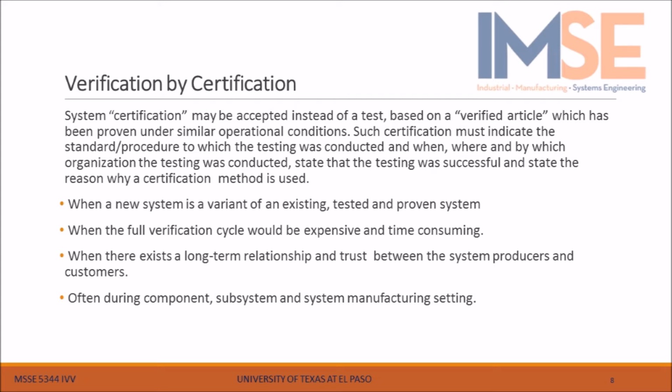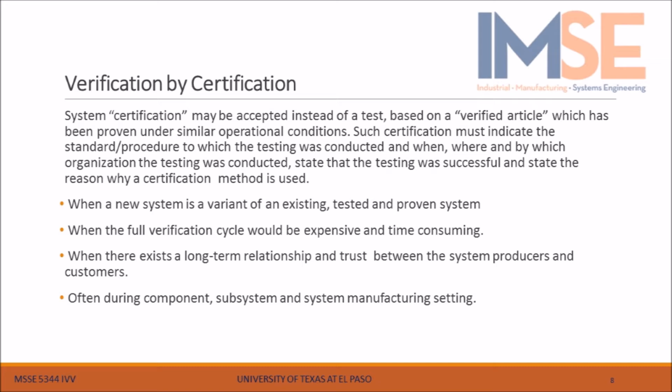Verification by certification. System certification may be accepted instead of tests based on a verified article which has been proven under similar operating conditions. Such certification must indicate the standard procedure to which the testing was conducted and when, where, and by which organization the testing was conducted. State that the testing was successful, and state the reason why a certification method is used. When a new system is a variant of an existing, tested and proven system. When the full verification cycle will be expensive and time-consuming. When there exists a long-term relationship and trust between the system producers and customers, and often during component, subsystem, and